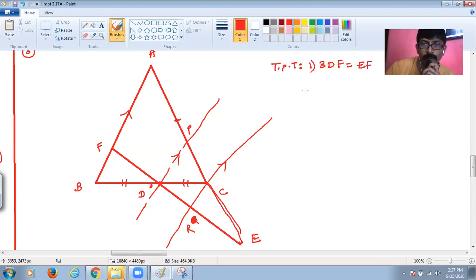The second part is 4CR is equal to AB. This is what is given, so we have to prove that. So let's see, where is DF? This is DF. So we have to prove 3DF is equal to EF. That means we have to prove in some other way that this line is equal to this line and this line, and then we are done with the first part. And then what is 4CR? Where is CR? This is 4CR is equal to AB. That too is very simple. So don't worry, we'll do it slowly, gradually, everything very carefully.